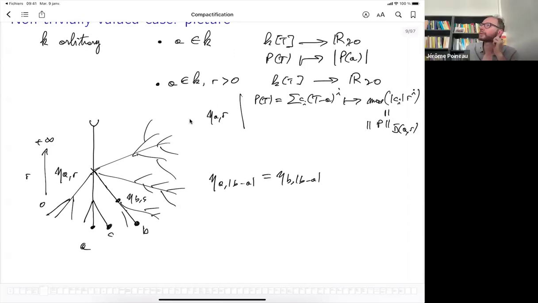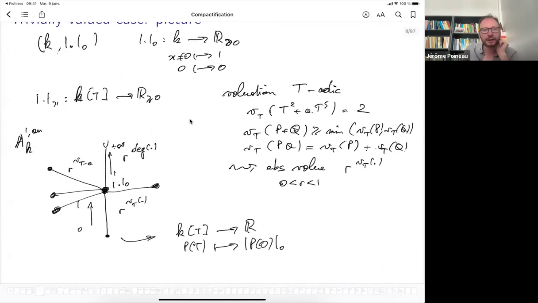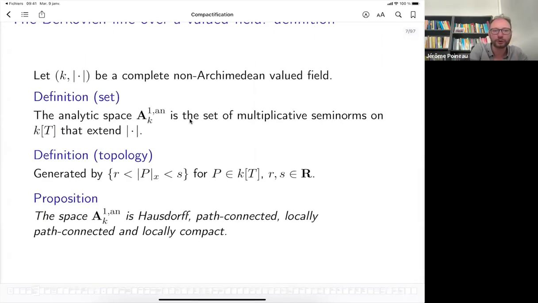Well, it depends a bit. So you see in this first picture that was there, the embedding is no, that's not okay. Maybe I should say a word about the topology. I won't do all the computation, but if I get back to the definition, you want to understand how the polynomials behave on your tree, basically on your space.